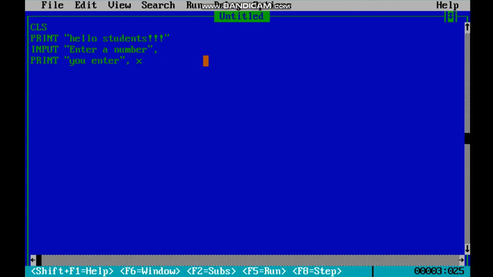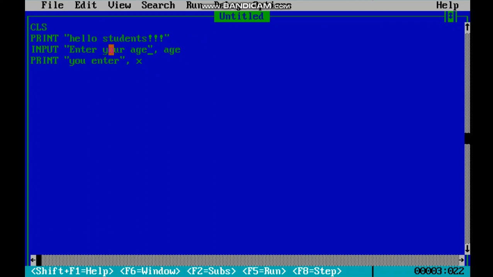You can take it as age, and I am going to write here, enter your age, and the age will go to the age variable. Any variable you can take. It is not mandatory that you use age. Any variable you can make, any variable you can use. You can make the variable yourself.